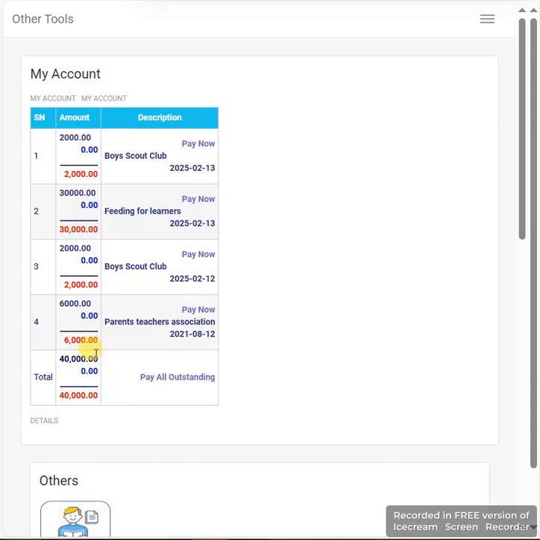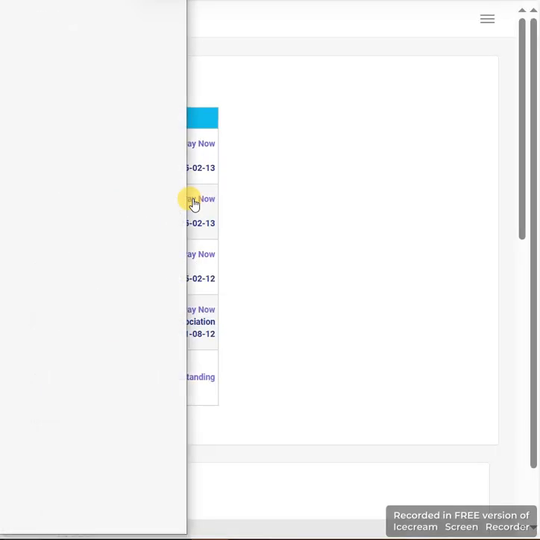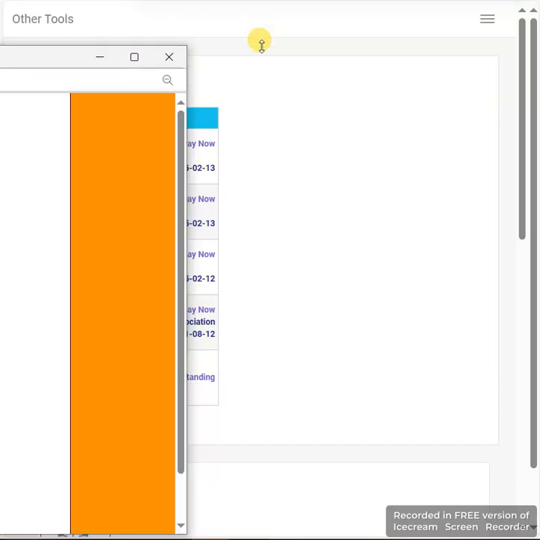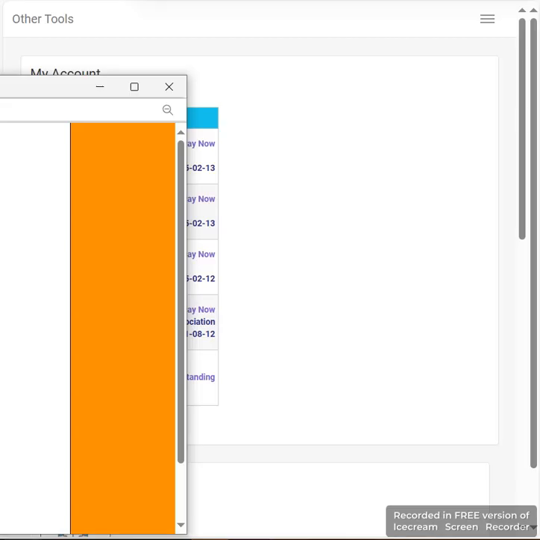Now, after seeing the accounting list, you can decide to pay. When you want to pay, you click on Pay Now. When you click on Pay Now, it will take you to